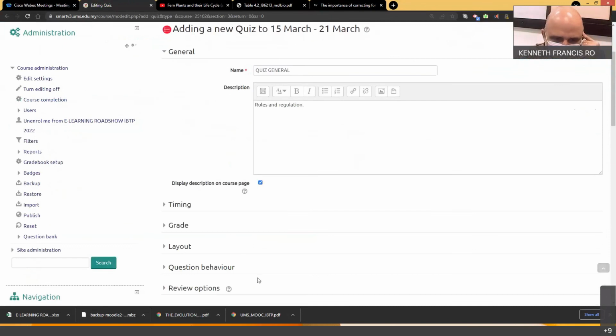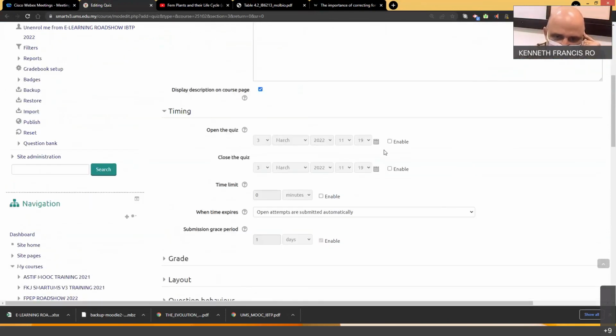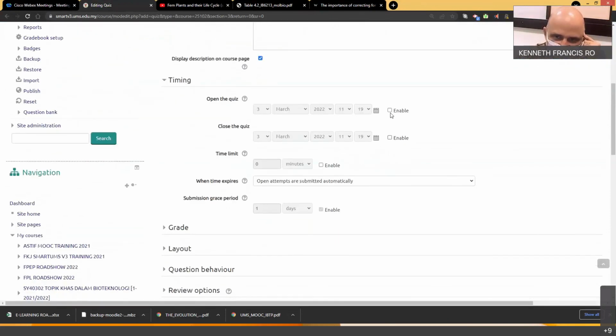This is the critical one, timing. Okay, so you have to enable the timing here. And this is the one you have to be careful with. This is the one which causes all the problems. Suppose I open the quiz, for example, at 11:40 and then I close at, for example, 13:40. Now by right, if we are trying to help the student to access the system, we need